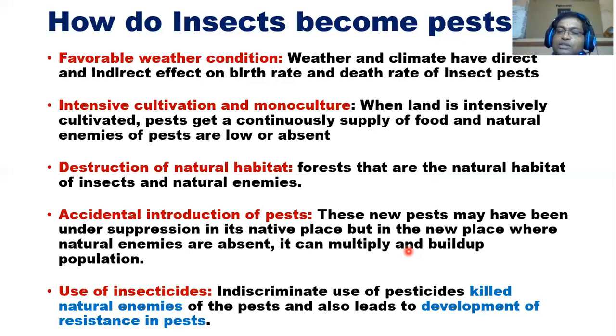Therefore, the absence of natural control factors, pest resurgence, and the development of resistance to pesticides in those insects. One such example nowadays is the mealybug, because we have killed and wiped out all the biological control agents for the papaya mealybug. So earlier we were not considering the papaya mealybug as a mega pest. Now it is. So these are the factors. There are 5 factors that induce an insect to become a pest.